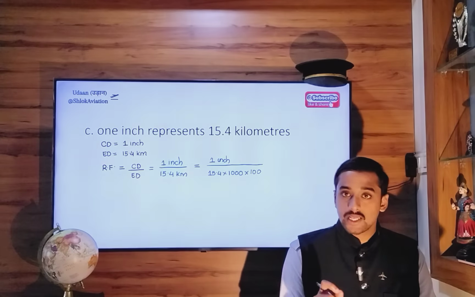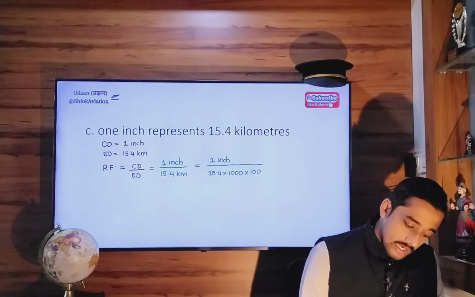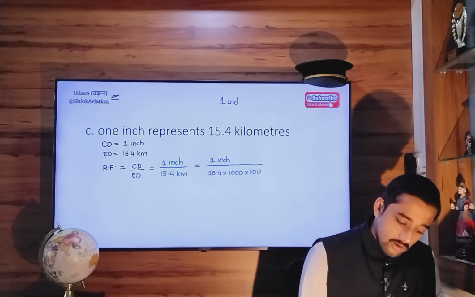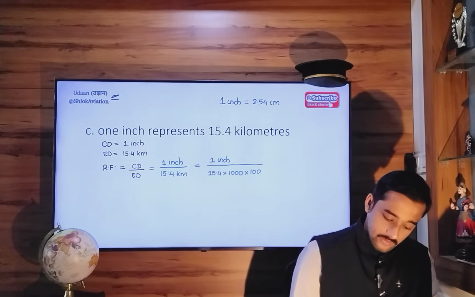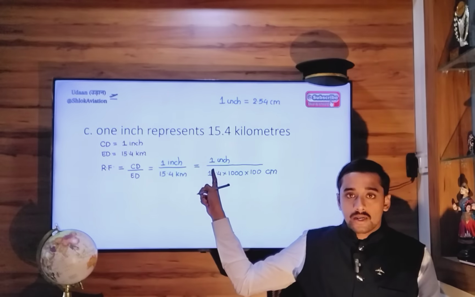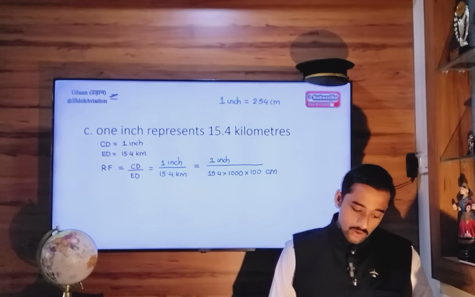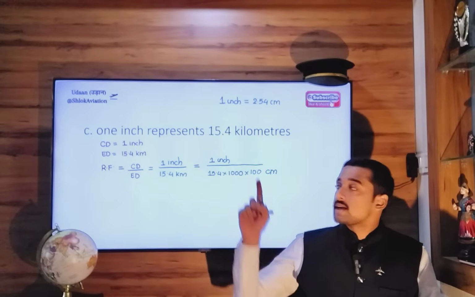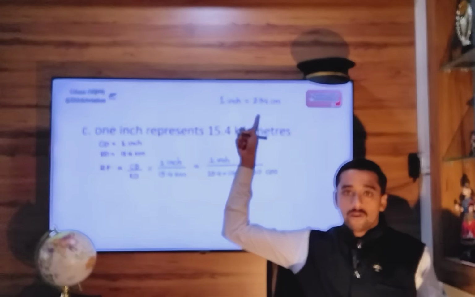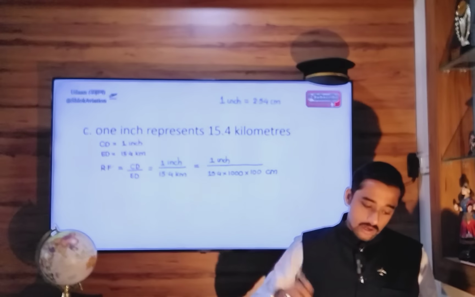Okay, so now we have this answer in centimeter. The denominator is in centimeter. Remember, 1 inch is equal to 2.54 centimeter. Now we have centimeter in the denominator, inch in the numerator. We have to convert this centimeter into corresponding inches, right? So what we will do is, we know this identity, 1 inch equals 2.54 centimeter. So this quantity will be equal to